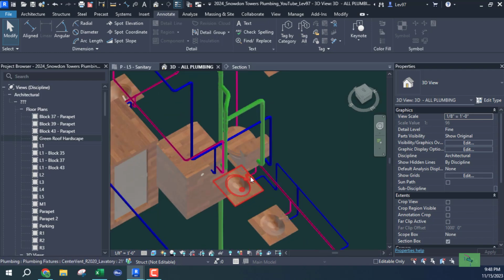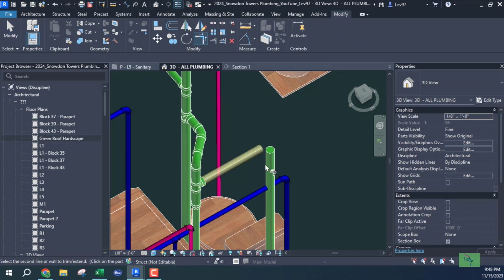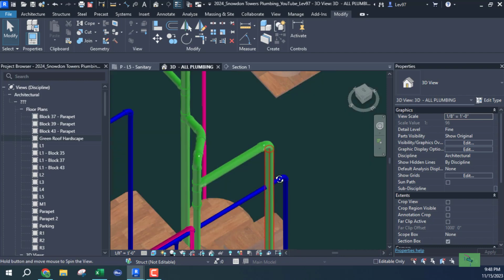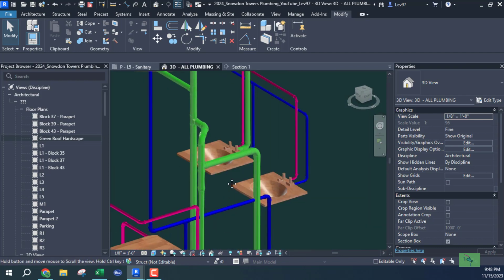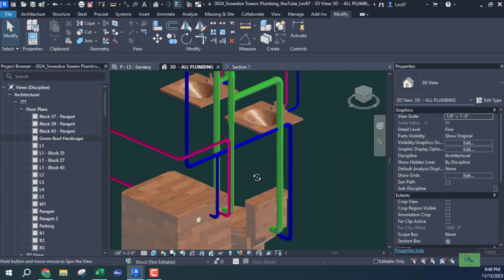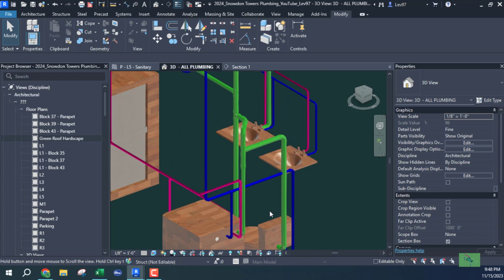Because a lot of times you can edit in these views, in this 3D view, right? I mean, if things are this bad, you can edit. Sometimes Revit will let you do it. Sometimes it doesn't. It's just a matter of practice and going through your projects and what works and what doesn't work, okay? So I'm going to stop here